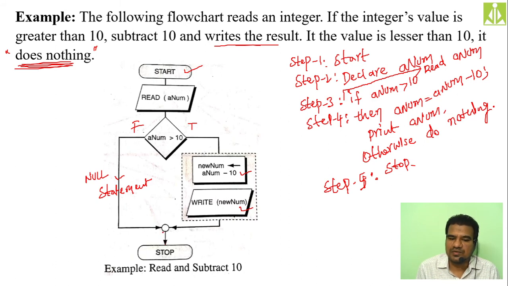Hopefully you understood this flowchart. There is nothing in this flowchart. It is a very basic level of flowchart, and for it I have written the algorithm, converted that algorithm into a flowchart, and shown you how you can convert an algorithm into a flowchart. It is very easy. You simply have to focus on the type of symbol that you need to use.